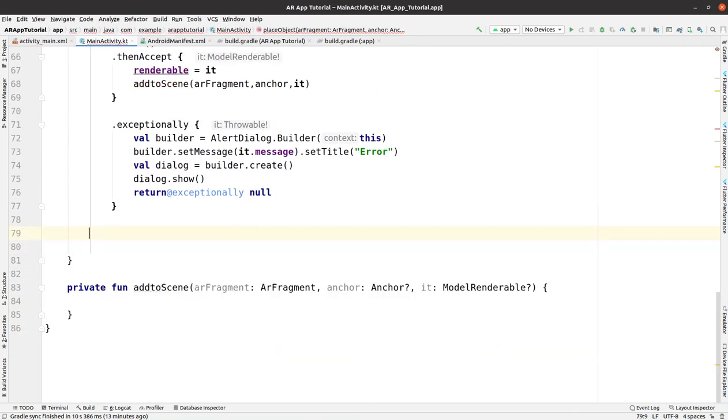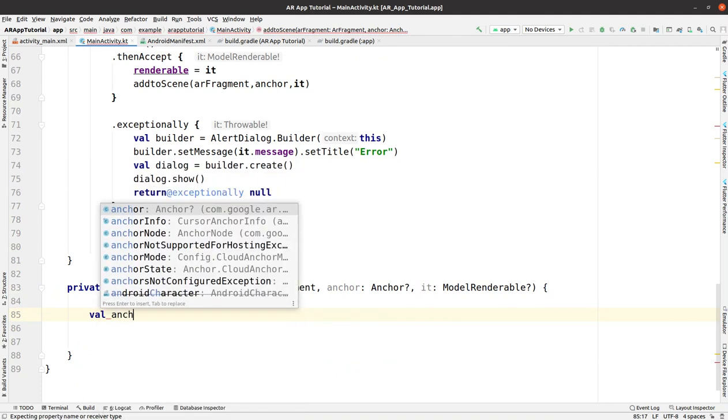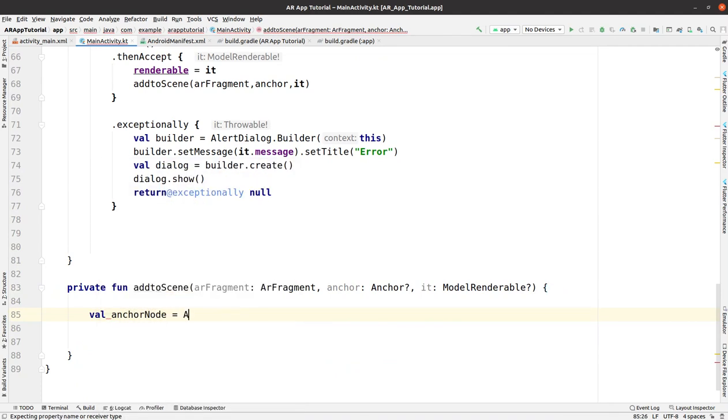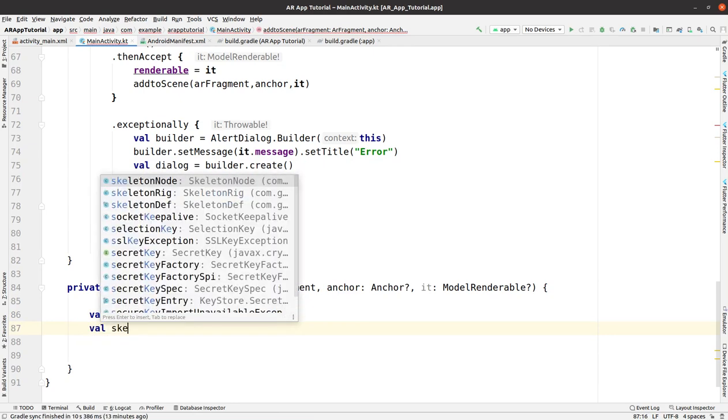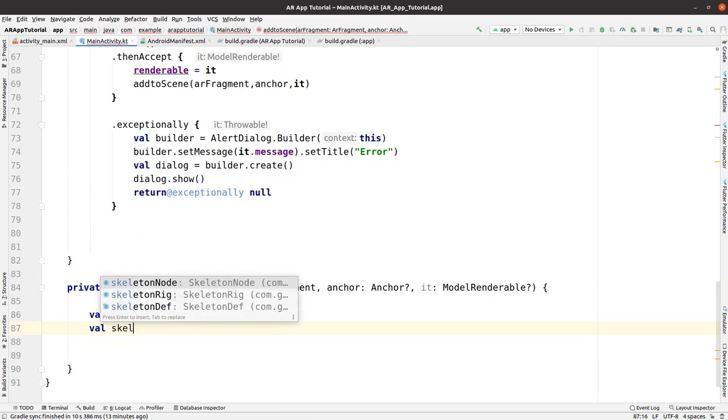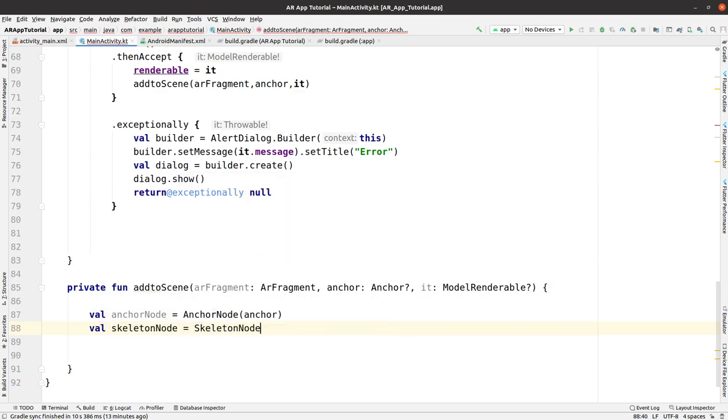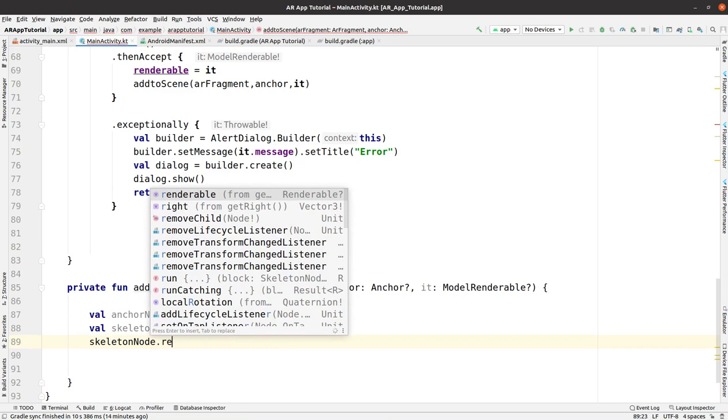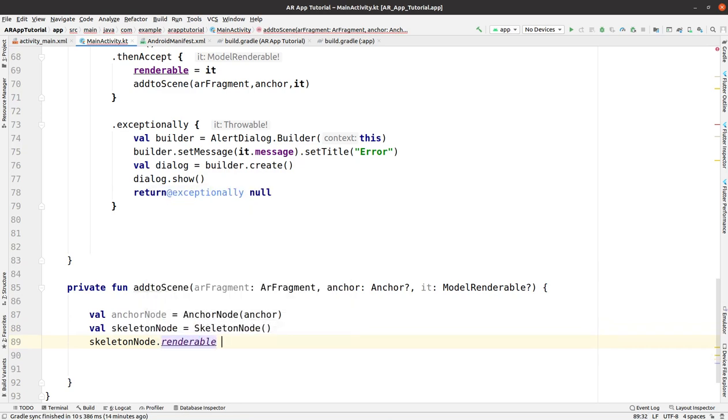Click on that red bulb, and here we need this function, and it's the perfect place. So first of all, let me make an anchor node here, and it will contain the anchor node, and then passing the anchor within it. Afterwards you have to go for the skeleton node, so let me do it, skeleton node, and then you have to give that skeleton node dot renderable equals to